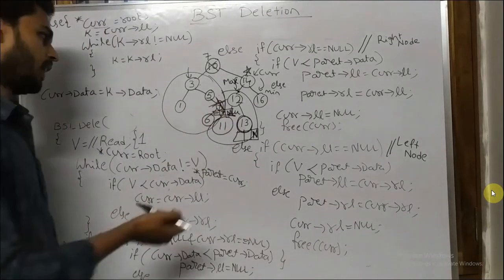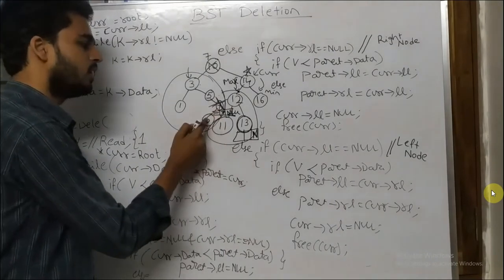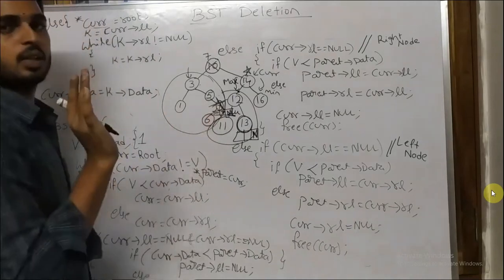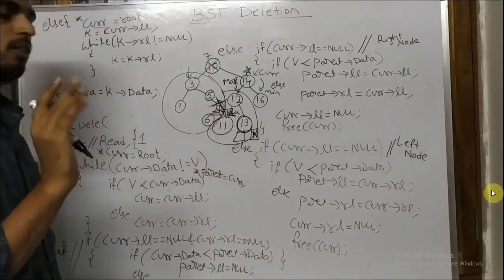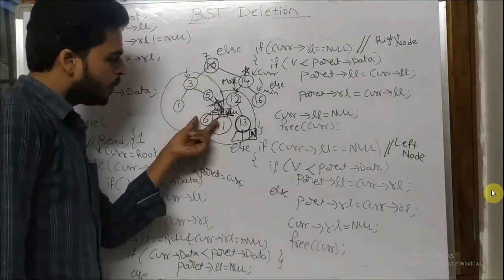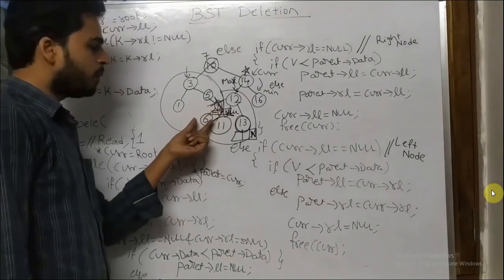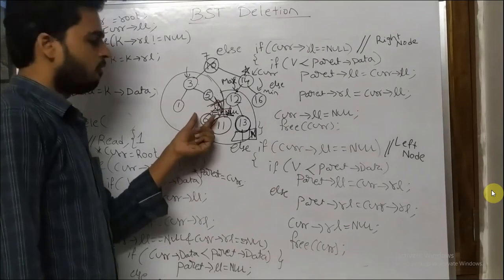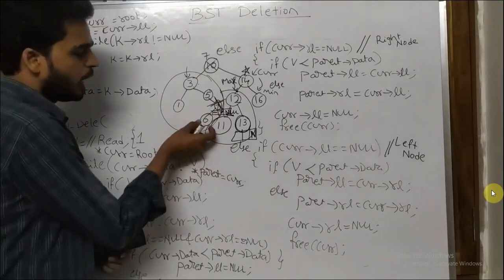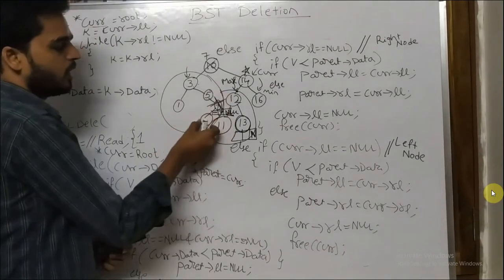And then you need to delete this one. If I want to delete this one, again I need to check whether it is a leaf node or whether it is having a single child. That's it. You don't need to check two children. Why? Because if it is having two children, then obviously it will have only, it may be a leaf node or it may be a left child. When it is having a left child, what you need to do? You need to make this a right child to the parent one.